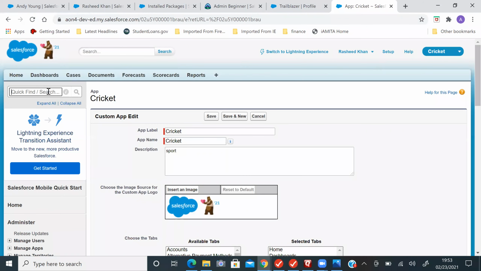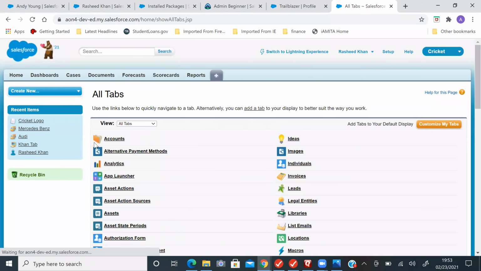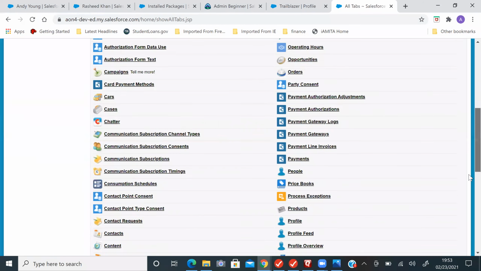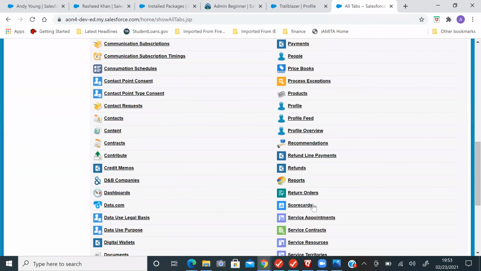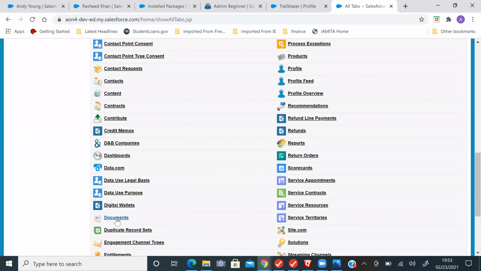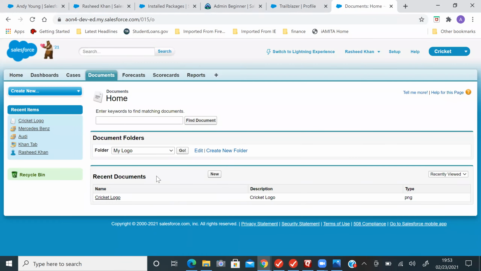You need to go to that document, right? Click the plus button on the available tab. Correct. Now you need to go to documents here. Perfect. Logo. Can we remove this one here? Yeah, you can, or maybe we can add it.